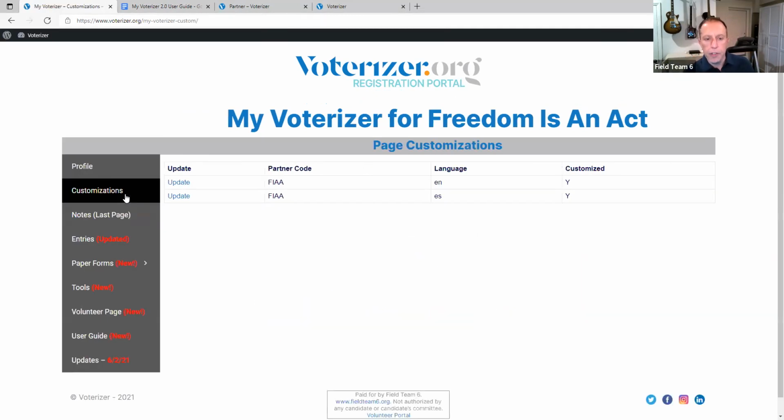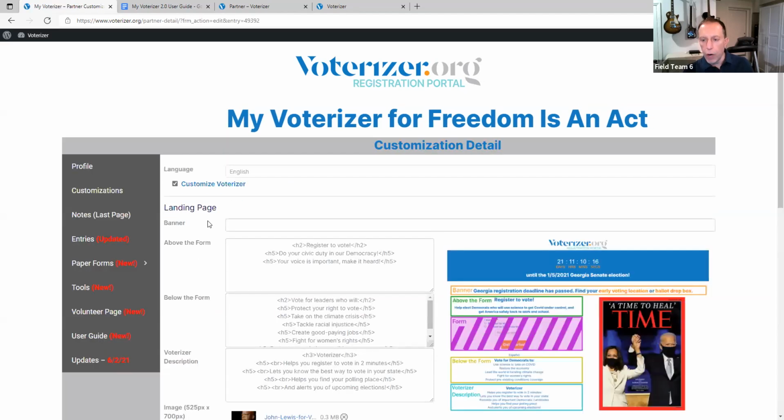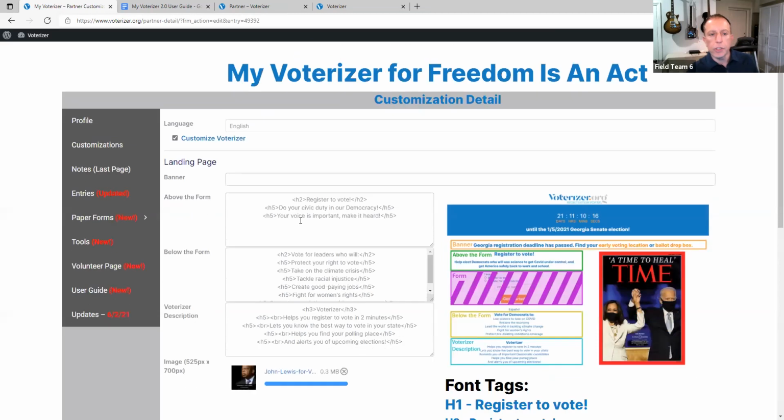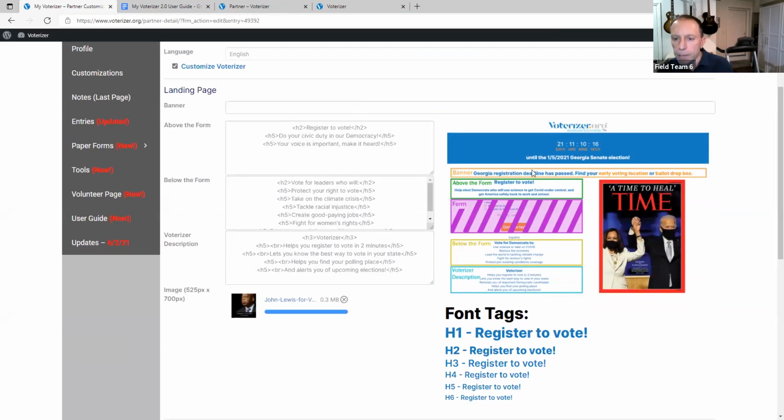Customizations. This is where it gets a lot more fun with Voterizer. That's why the Voterizer that had John Lewis on its page was because I made that change. So we have English and Spanish, and you can update the front page in a variety of ways. There's a banner at the top, that's this orange box here, and you can put anything you want in there, including HTML. And there's some sample HTML in the